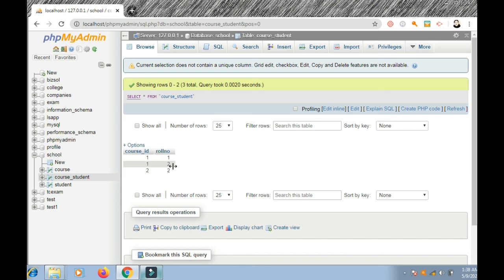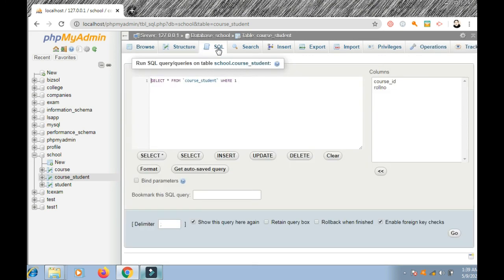So this is why we use a relationship table. Now, how to fetch the record? How to fetch the record means how to get the course title from the course table and the student name from the student table.